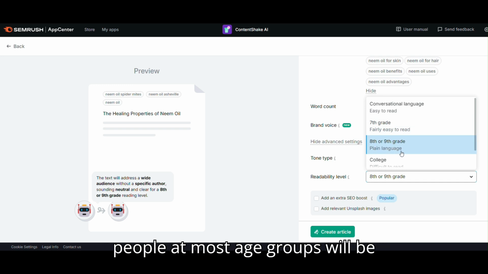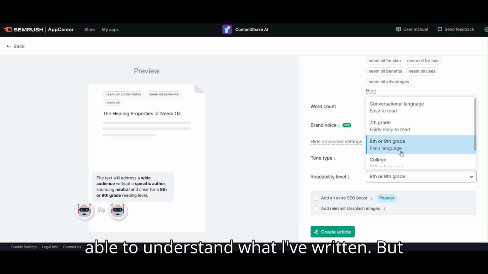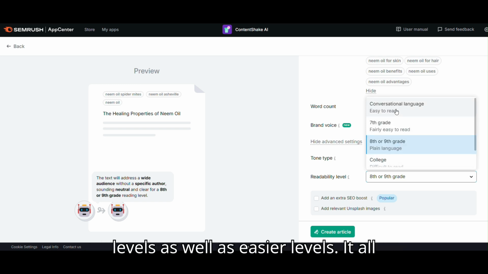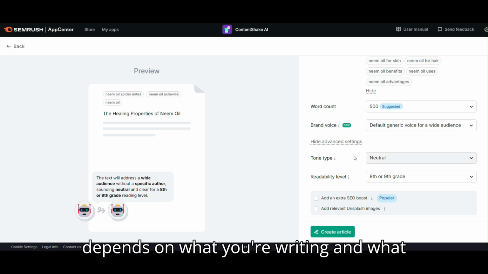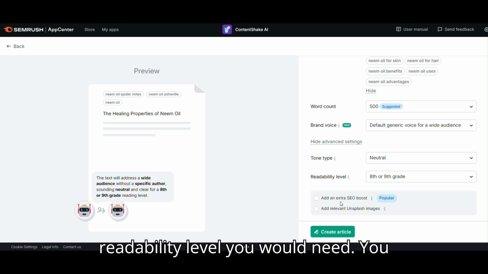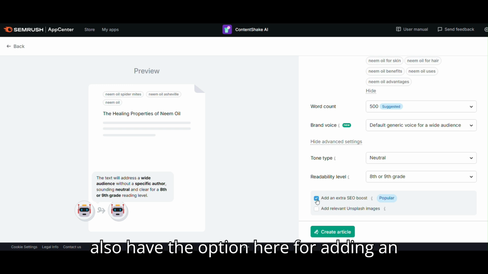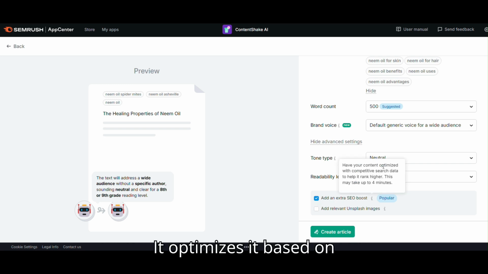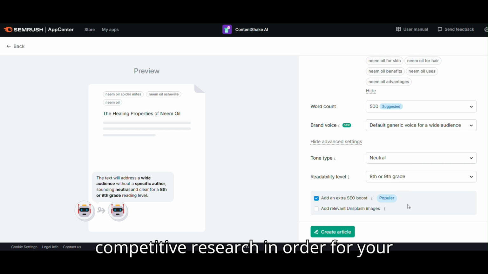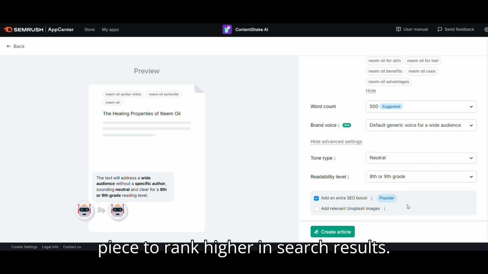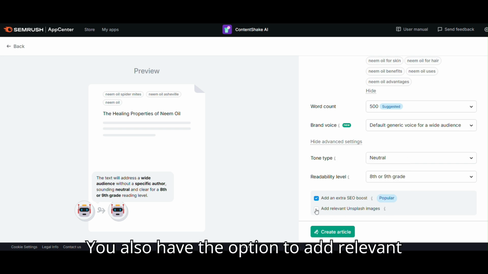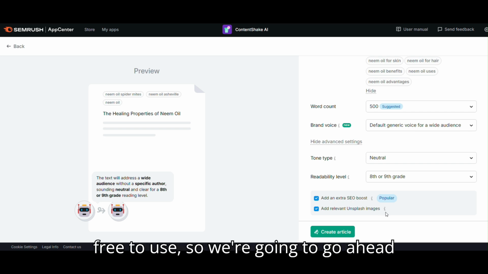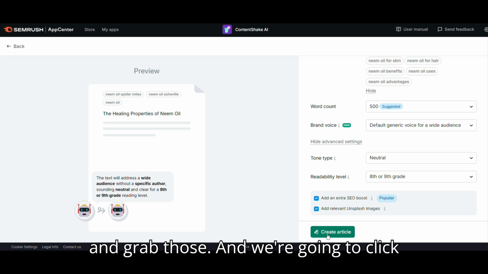Most people at most age groups will be able to understand what I've written, but you can see there are more difficult levels as well as easier levels. It all depends on what you're writing and what readability level you would need. You also have the option here for adding an extra SEO boost, which is really great. It optimizes it based on competitive research in order for your piece to rank higher in search results. You also have the option to add relevant images from Unsplash. Unsplash images are free to use, so we're going to go ahead and grab those, and we're going to click